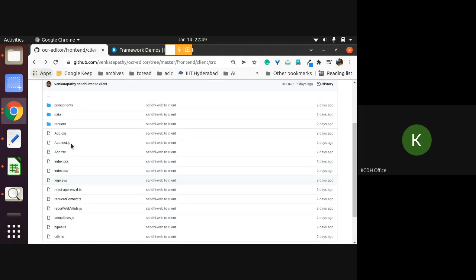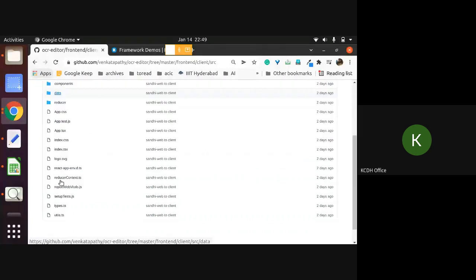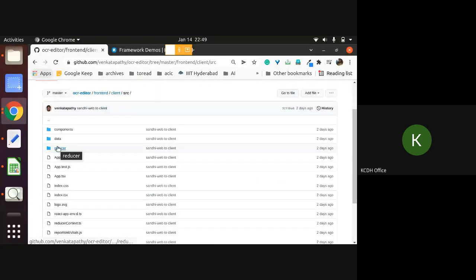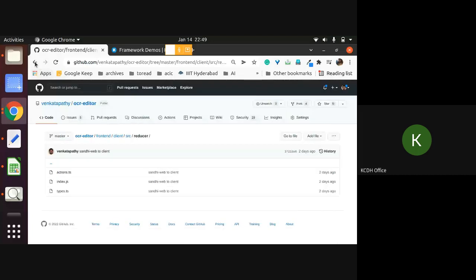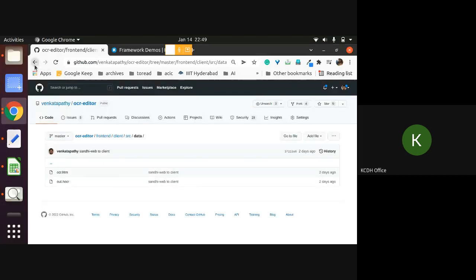Let's look at the OCR. That lib is also missing here. Maybe that is also an error. There are a lot of changes that have been made here.